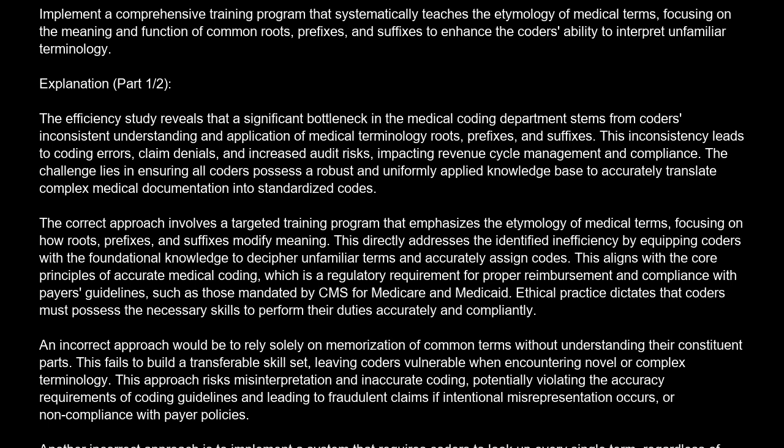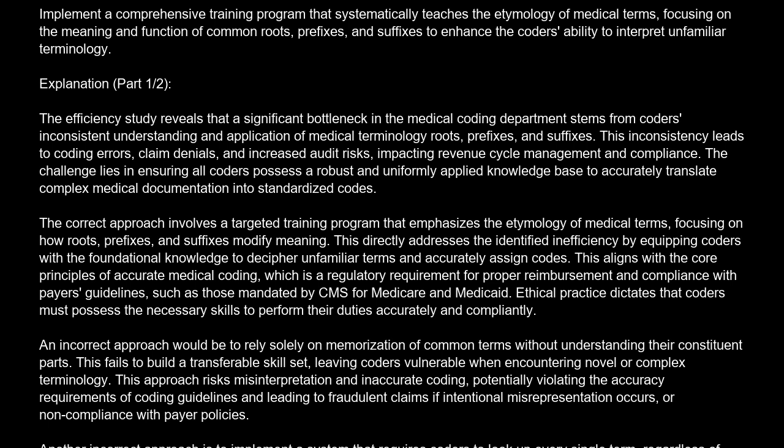The challenge lies in ensuring all coders possess a robust and uniformly applied knowledge base to accurately translate complex medical documentation into standardized codes. The correct approach involves a targeted training program that emphasizes the etymology of medical terms, focusing on how roots, prefixes, and suffixes modify meaning. This directly addresses the identified inefficiency by equipping coders with the foundational knowledge to decipher unfamiliar terms and accurately assign codes. This aligns with the core principles of accurate medical coding, which is a regulatory requirement for proper reimbursement and compliance with payers' guidelines, such as those mandated by CMS for Medicare and Medicaid. Ethical practice dictates that coders must possess the necessary skills to perform their duties accurately and